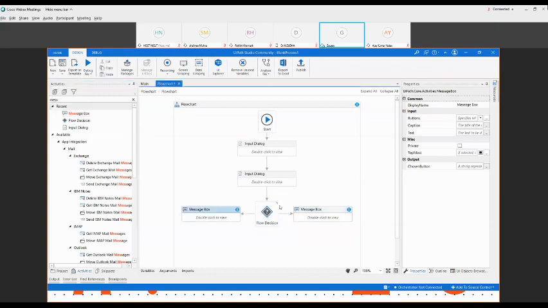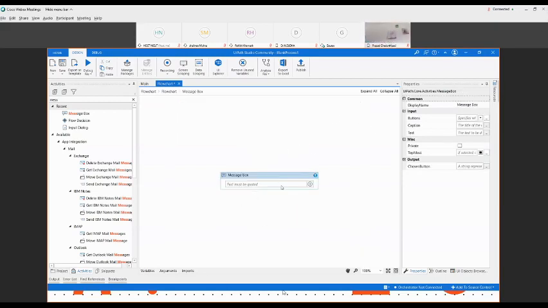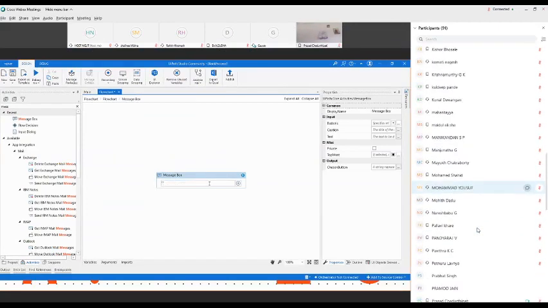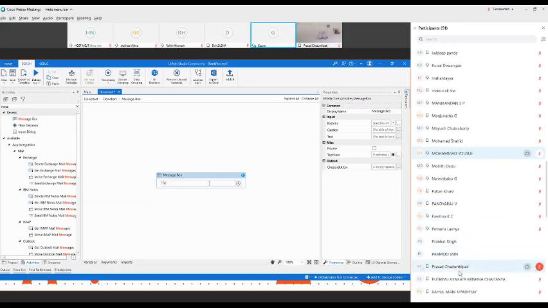Clear? I can just give it a simple message box.